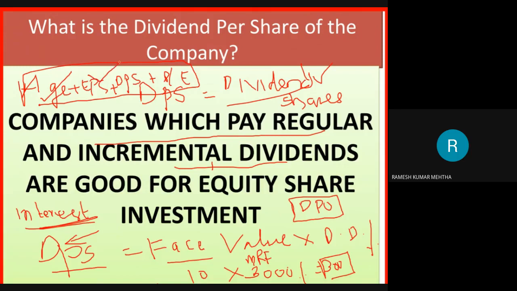So age should be high, earnings per share should be high, and if this is high, then this is high, and if this is high, this is going to reduce, because from the earnings per share, from the profit, the company is going to pay off the loan they have taken, and it is going to reduce the debt, and eventually the interest burden will decrease. So there is a correlation among all these things. So hope you have understood it.